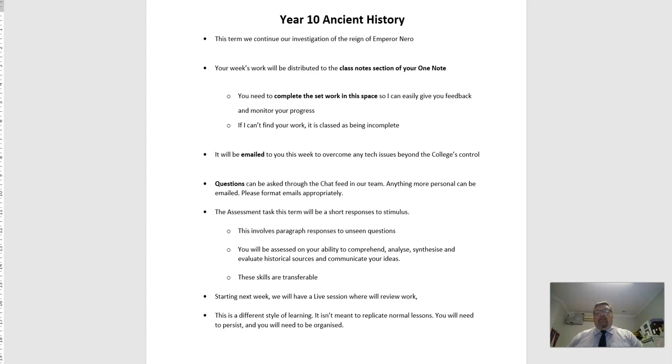The big thing with that is that they are transferable. You will use those thinking skills in every other subject that you do in your senior studies. So that's what you can take away from this term's worth of work. Even if you're not coming back to us in second semester, there's still things that you can get from this course, no matter if you're staying with us or not. Okay, so that's a good way to develop those skills so that you can apply them in other places.